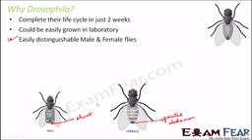Also, in the case of males, the last two segments of the abdomen are quite darker. Here you see the entire abdomen is segmented in these slides. If you look at the last segments, they are darker in color. Whereas in the case of females, you do not see those darker last segments of the abdomen.